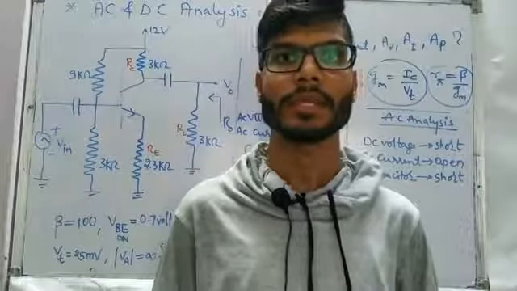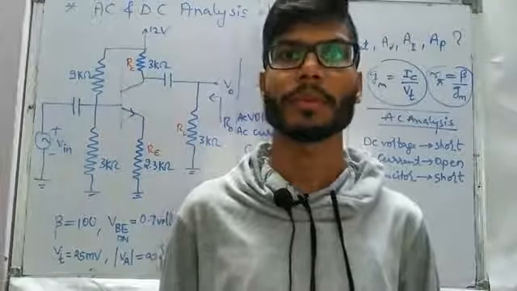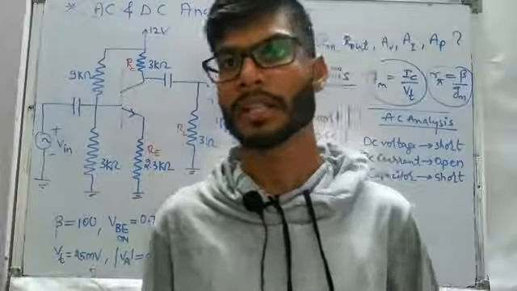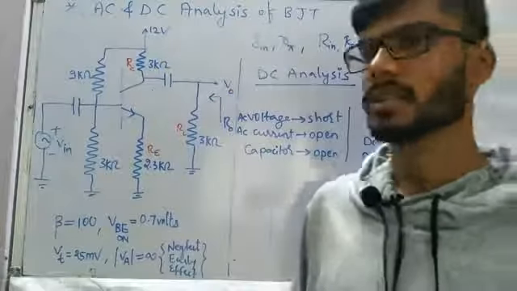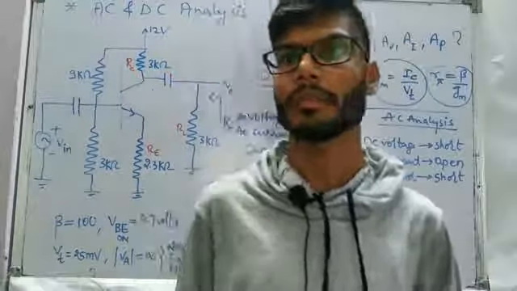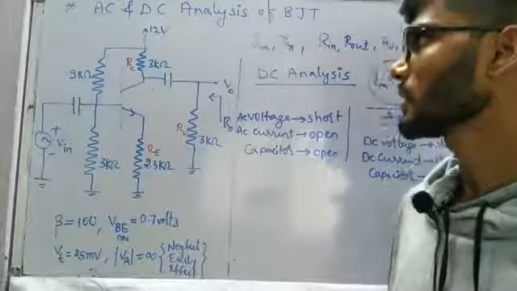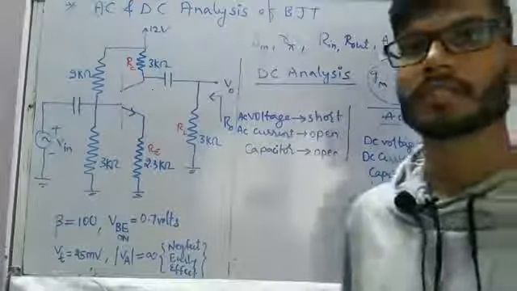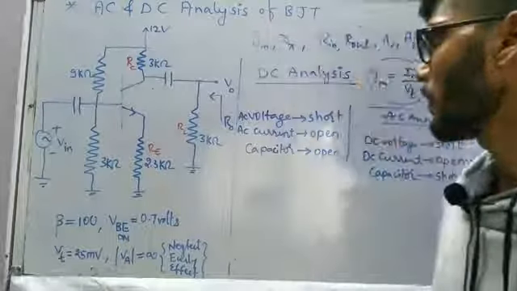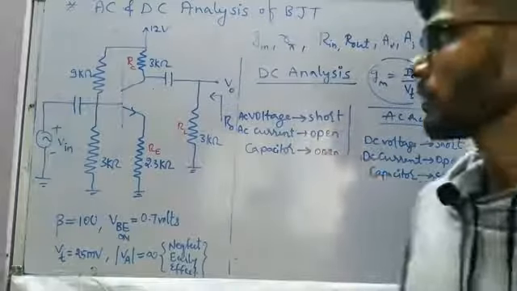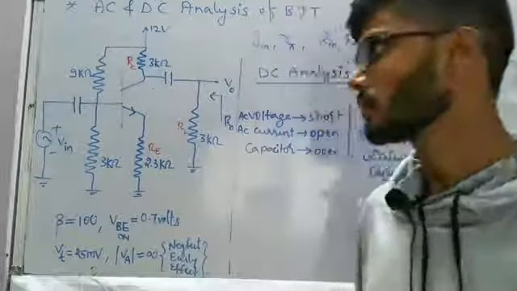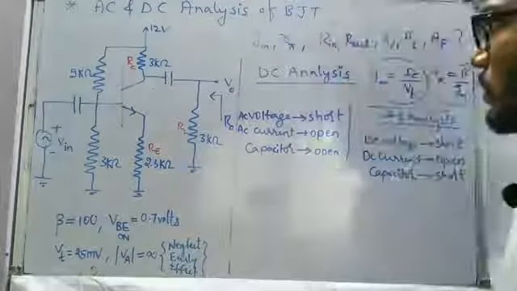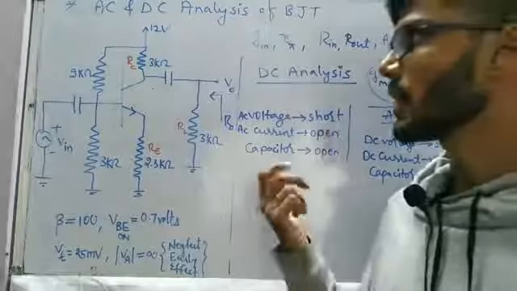I am Krishna Singh Rajput, and in the series of GATE Bulletin I am going to cover all the important topics from the subjects with the help of numerical problems, and the topic which I have taken today is AC and DC analysis of BJT. With the help of a problem we will try to understand how to do the DC analysis and AC analysis, and to calculate parameters gm, r pi, input and output resistance, voltage gain, current gain and power gain. Any one of them can be asked individually, so we'll calculate all of them in series, and based on the requirement in the question you can find out any one of them.